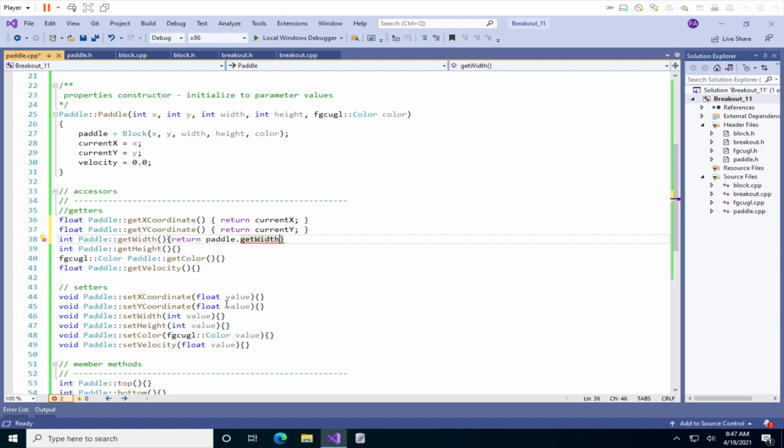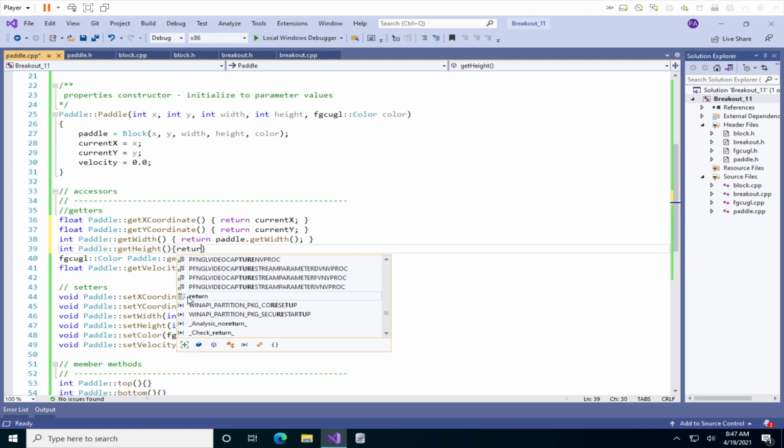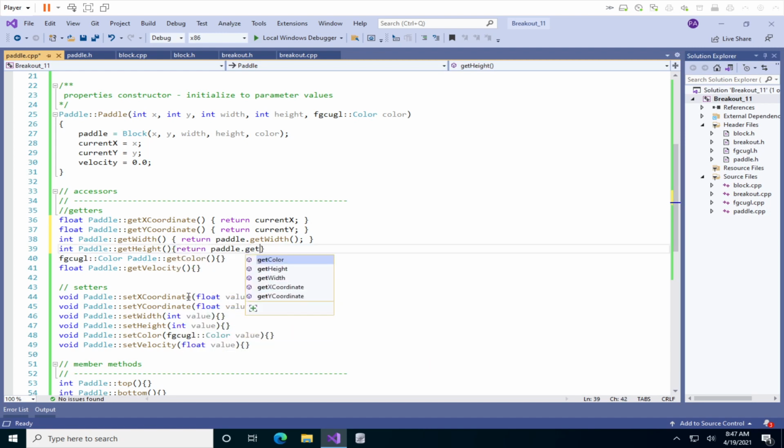So that's what we mean by a pass-through function, is that we're making it look like the paddle has a get width property, but it's really using its internal block variable to call the get width method. So same thing for get height. Return paddle dot get height. And then same thing here for color. Paddle dot get